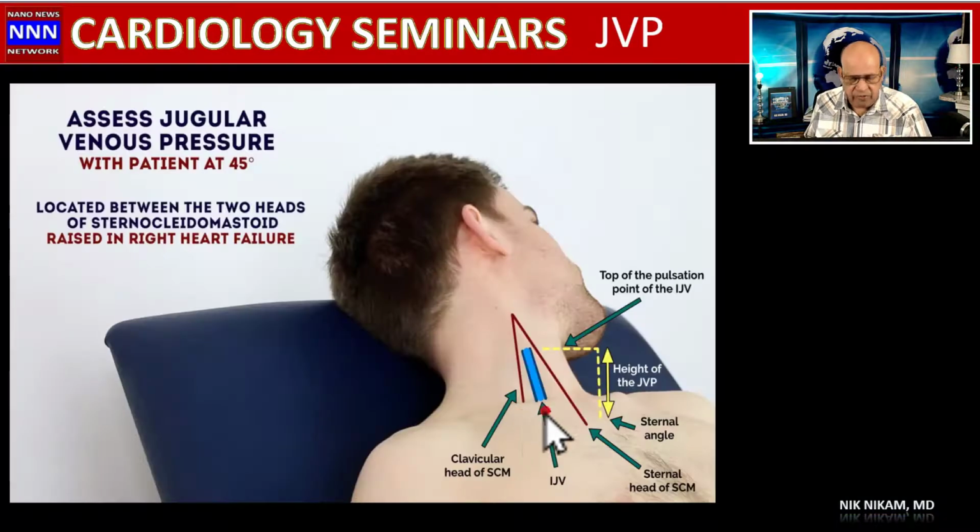Couple of things about where the jugular vein is located. Most people refer to the external jugular vein, but when we are talking about jugular venous pulse and pressure, it is with reference to the internal jugular vein, which is more in direct line with the right atrial pressure. So the jugular vein is located between the sternal and clavicular head of the